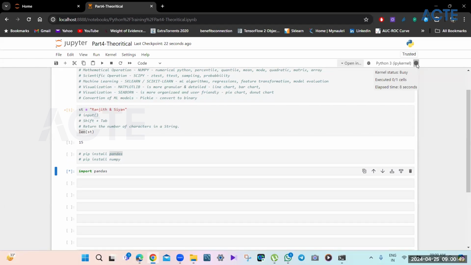So for the first time, if you run this, it might take a couple of seconds or minutes at max depending on your RAM, because Python entirely processes based on your existing RAM in your laptop. So if you have a high-end laptop with very high RAM or memory, in that case, your Python execution will be super fast.